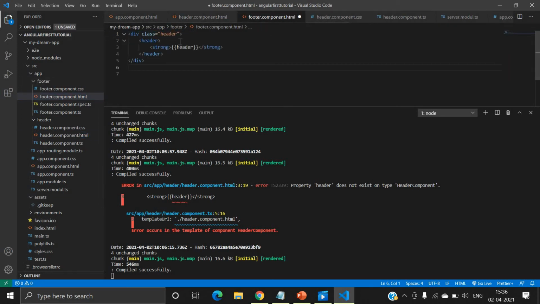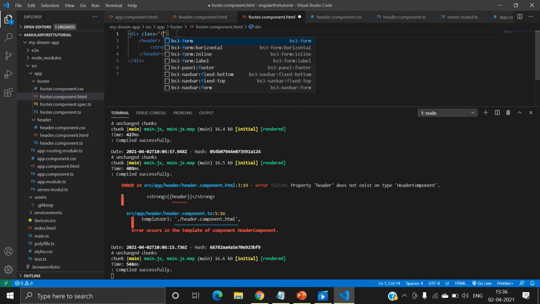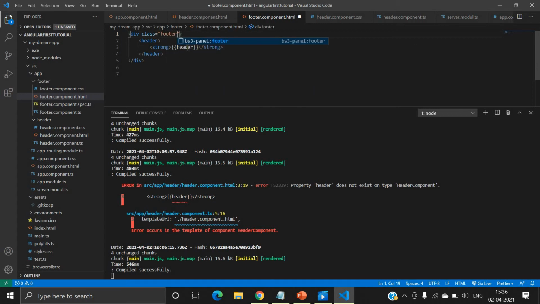I just have to change something here: you can write footer class properties, and also you can use the footer tag. Footer tag, and here you can write something you want.